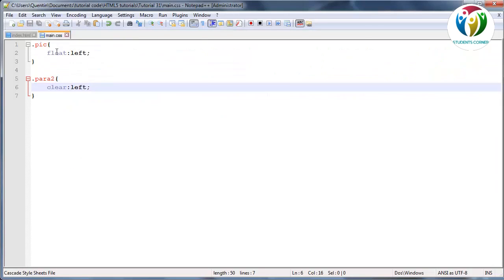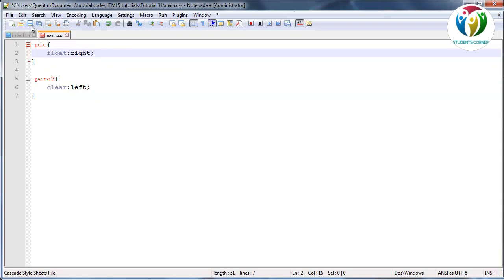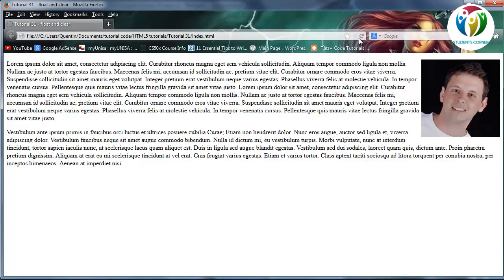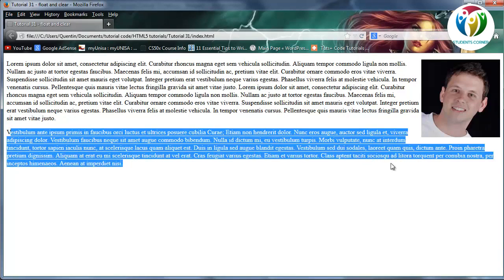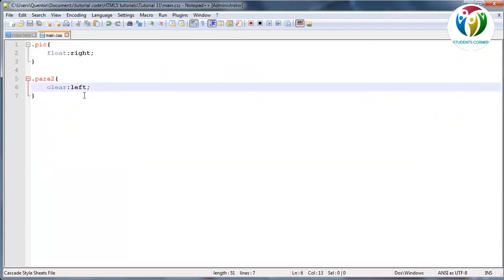And if I go ahead now and change our pic to float right, so float right, I'm not going to change this clear just yet, so you can see what happens. Click refresh, and as you can see, we now have the paragraph over here, and again the second paragraph is still wrapping around the image, because instead of clearing the right, we actually cleared the left, but the image is actually floated right now. So to fix that, we could go ahead and say clear right,